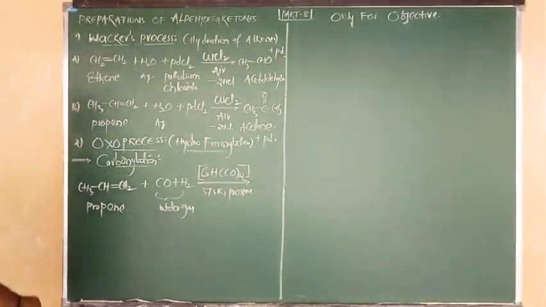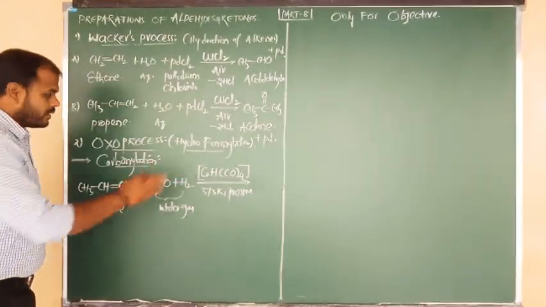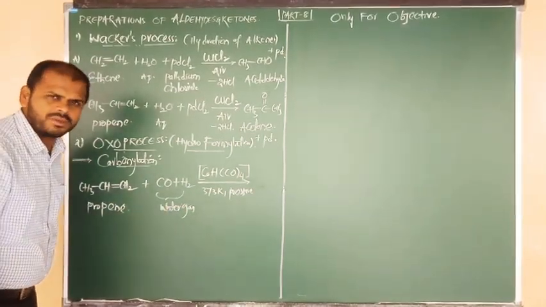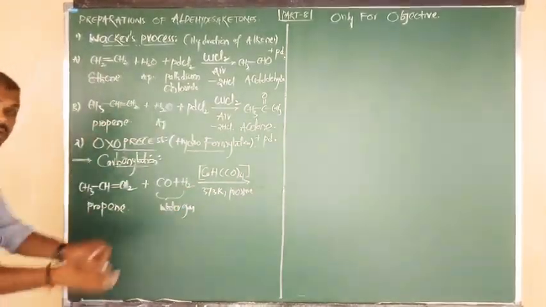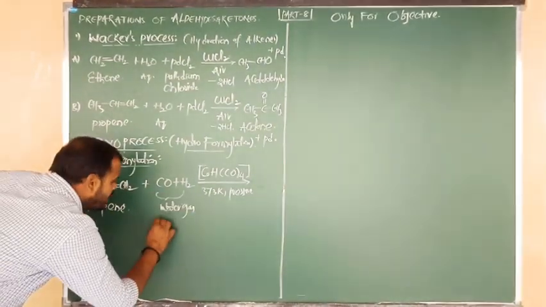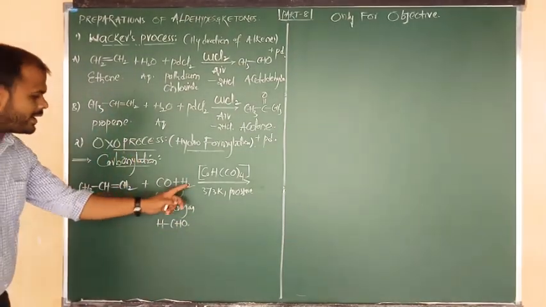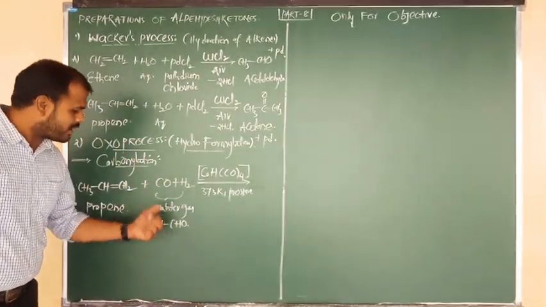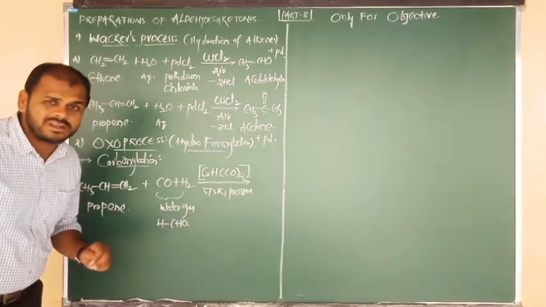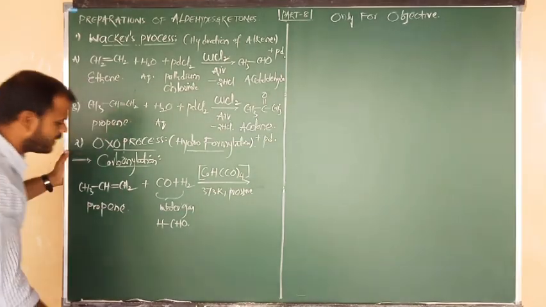Listen carefully. Here we are considering, in presence of the catalyst, the reaction of water gas, CO plus H2. First of all, they undergo a reaction with each other. After the reaction between these two, you are going to get the product, nothing but HCHO. 2 hydrogen, 2 hydrogen, 1 carbon, 1 carbon, 1 oxygen, 1 oxygen. Everything is matched now. Now listen carefully.